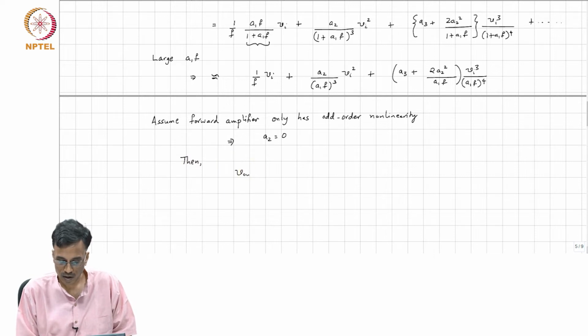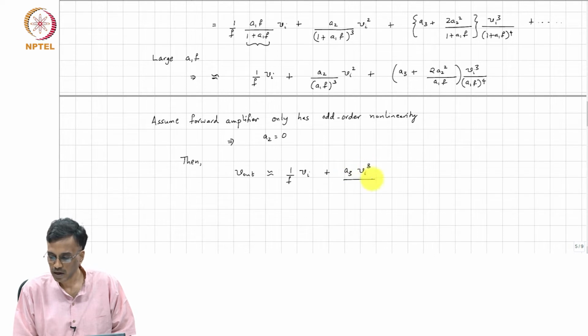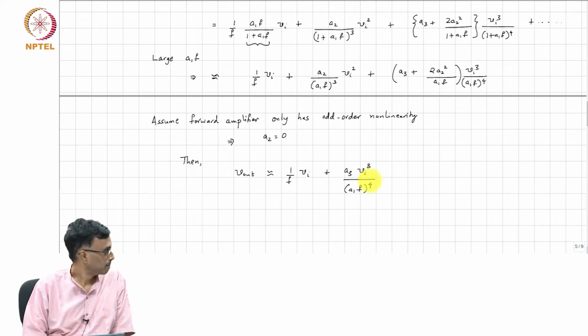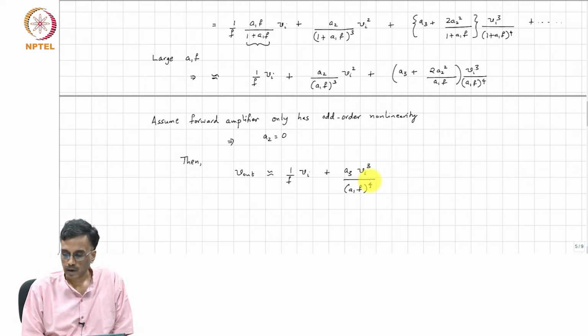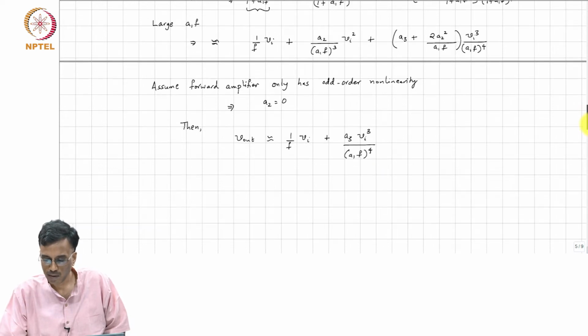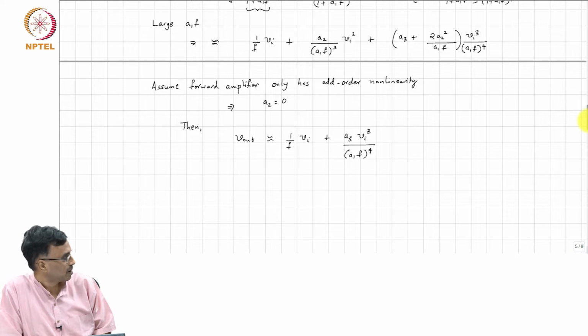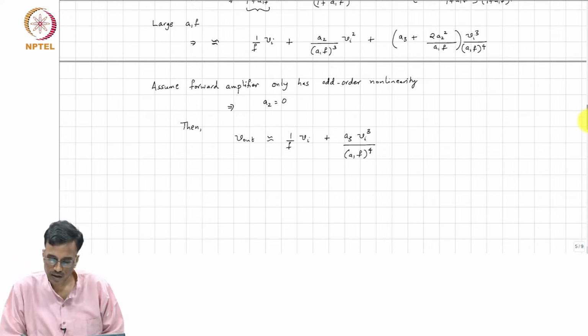Vout is approximately 1 over f Vi plus A3 Vi cube by (A1f) whole power 4. Now, what comment can we make about this? Why does this result make sense? In other words,